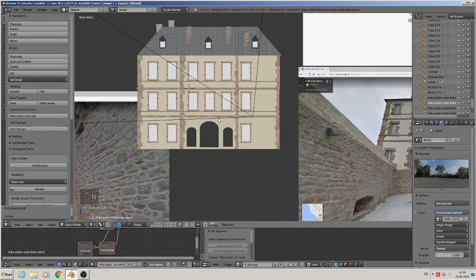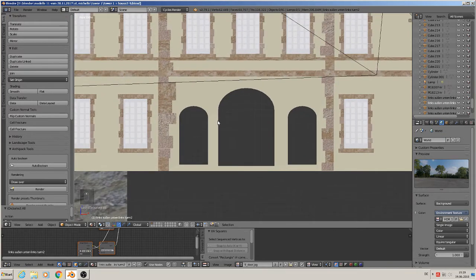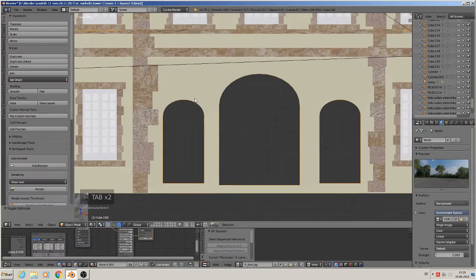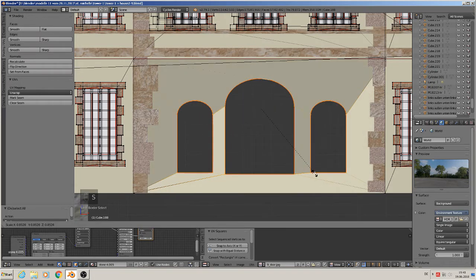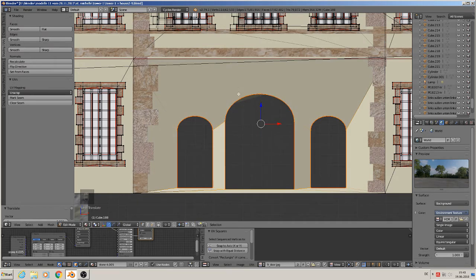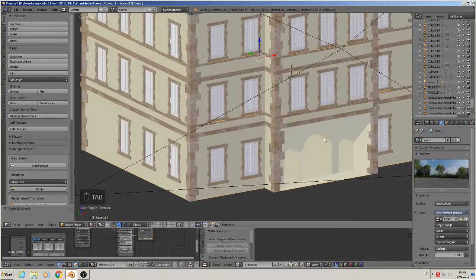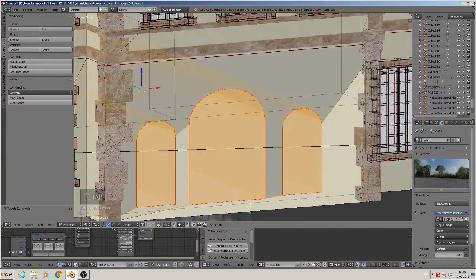We see here the bows that need stone around them. At first we have to look that the whole thing is smaller, that it is all too big. So get it with border selection, scale it down and bring it down. Good. Now that we have done that,